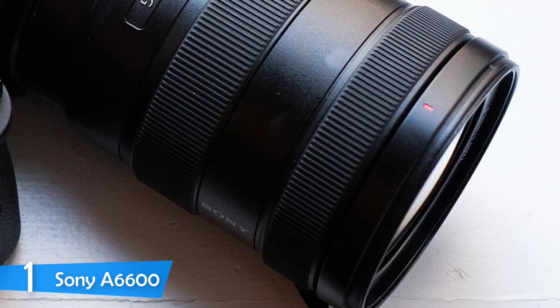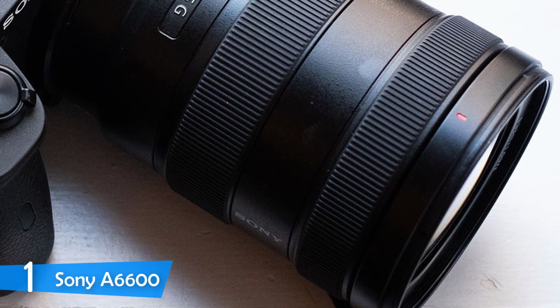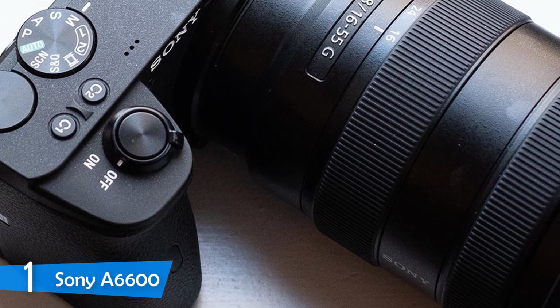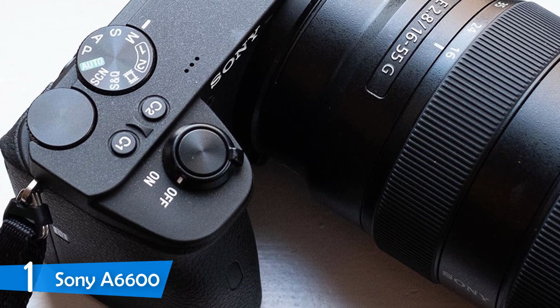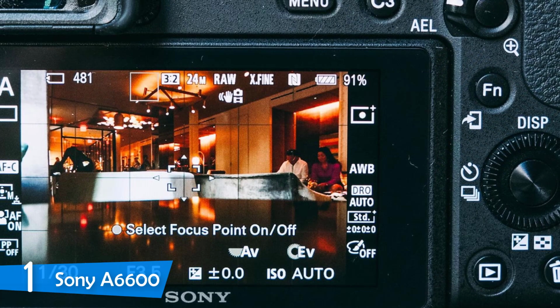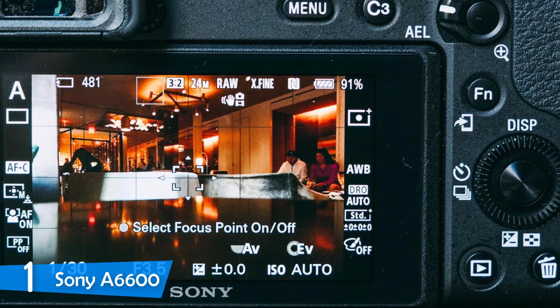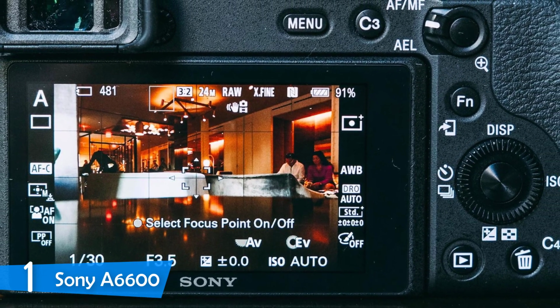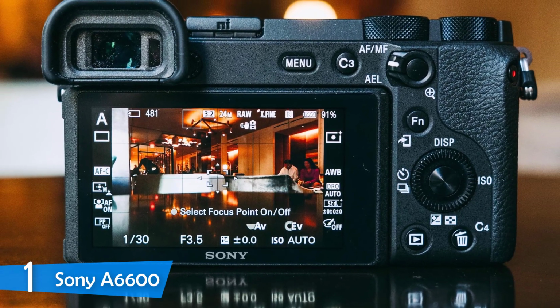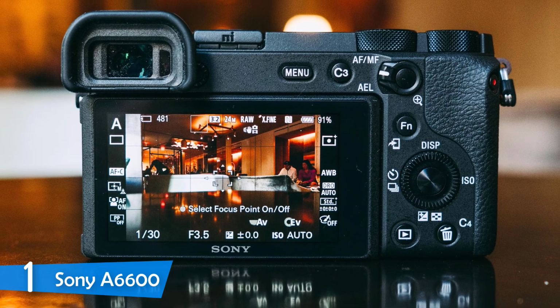The best feature in my opinion is the real-time tracking autofocus technology. This system is capable of tracking a subject and focusing on it very quickly, and the best thing is you can use real-time tracking autofocus technology during video capture as well. The A6600 provides amazing video quality, sharp and clear images that anyone would love. If you want to get nice high contrast scenes, you should set the dynamic range optimization to normal and the